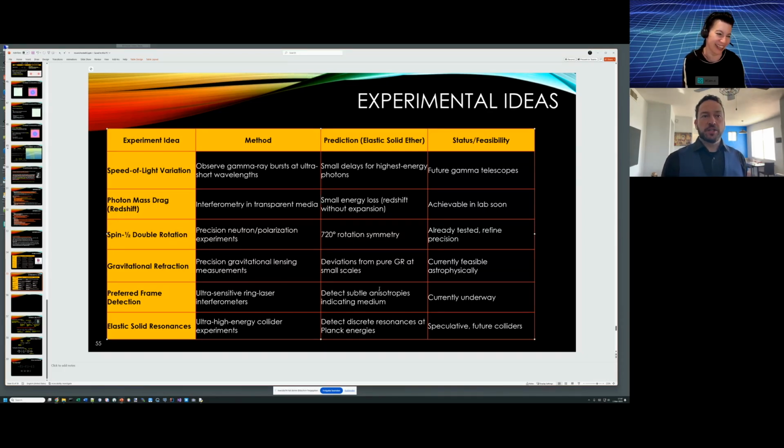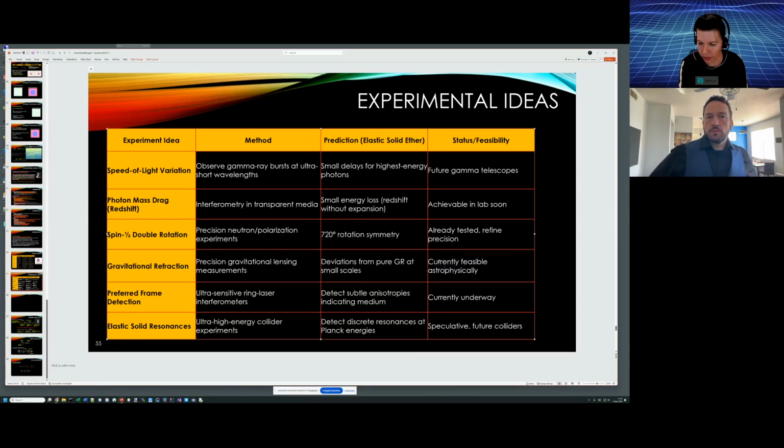Now, this gravitational refraction experiment, tell me about that, because it says it's currently feasible to do an experiment like this. Is this something where your model has a different prediction than general relativity? I don't know if this is actually feasible. Yeah, if there's a smallest scale, basically, a Planck length, maybe at some point we can figure out some deviation mathematically. Even the mainstream has argued there could be a smallest scale. So, I don't think it's currently possible.